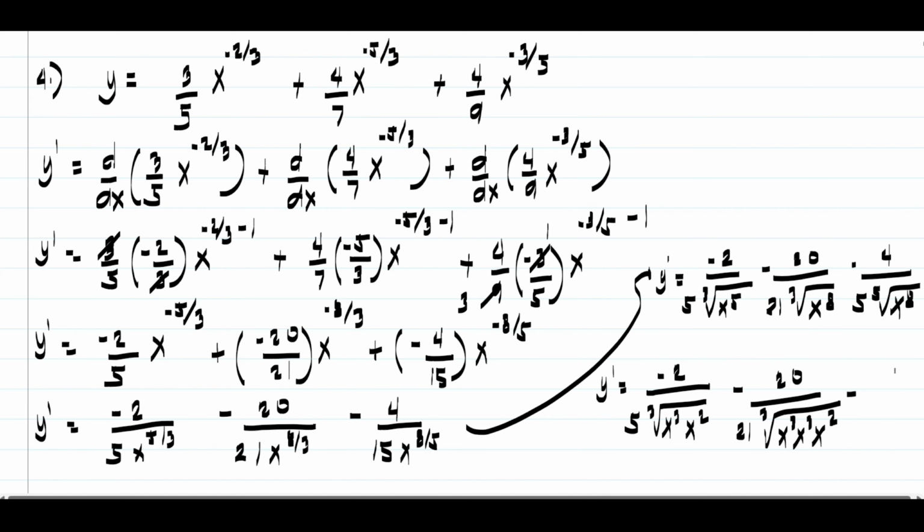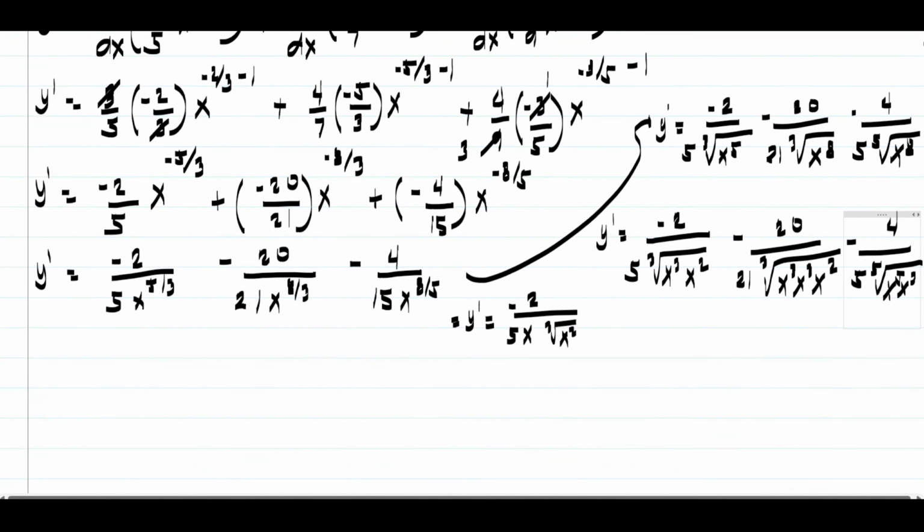And then on the other side, we have 4 over 5. This time our index is 5, and we are going to divide the exponent by 5. So x raised to 5 and x cubed. So to simplify, we have y prime equals negative 2 over 5. Since we only have one x cubed, we are going to have x and then cube root of x squared. So let us simplify this one. So we can write our answer. So I'm going to enlarge this one first. So we can have here